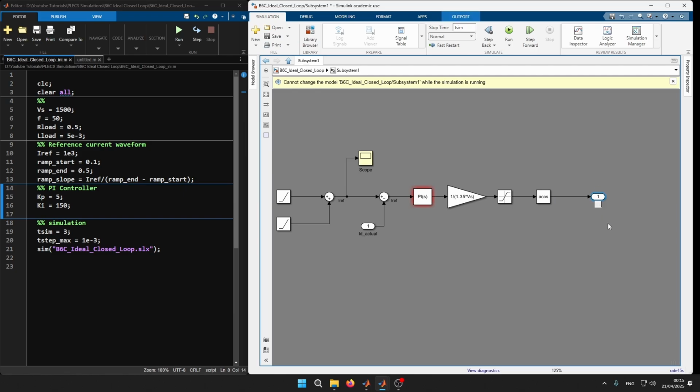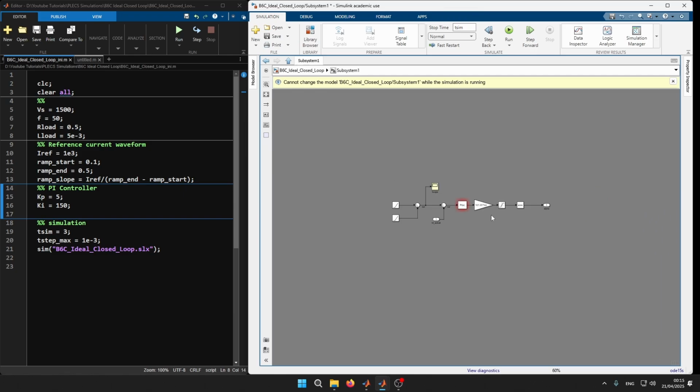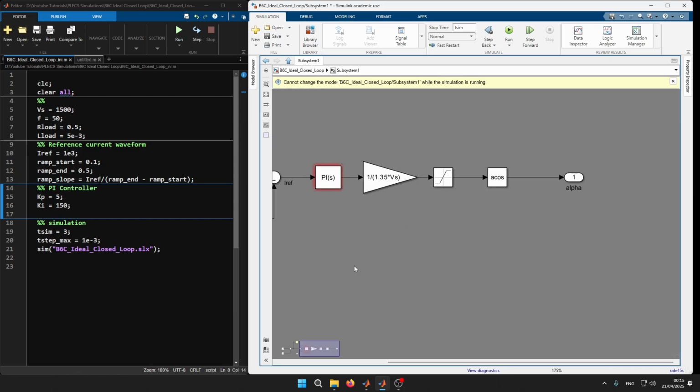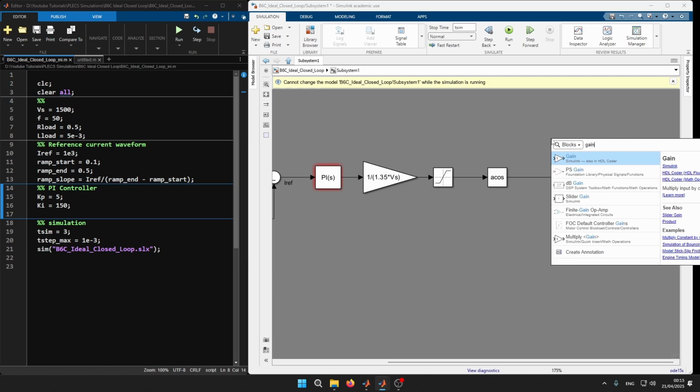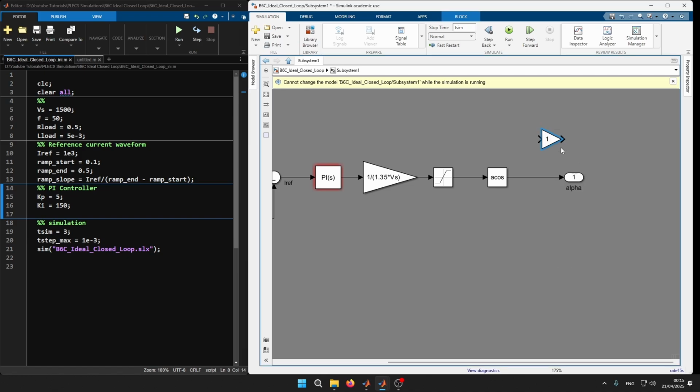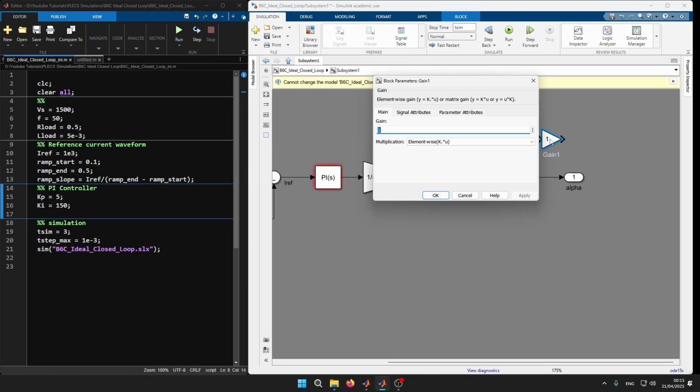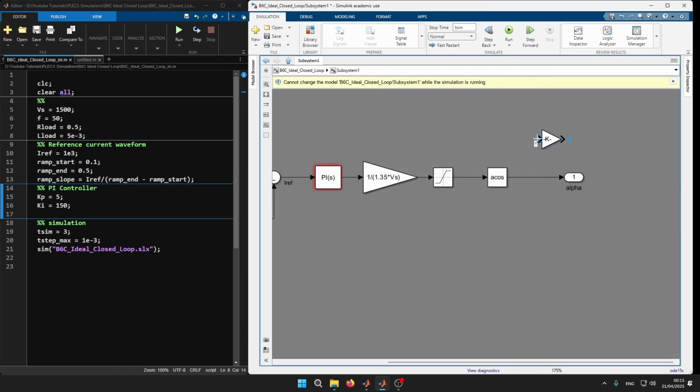So I'll name it alpha. To visualize this even better, let's take a scope. Before taking the scope, let's take another gain. For understanding it better in terms of degrees, let's take 180 by pi. Connect it here,